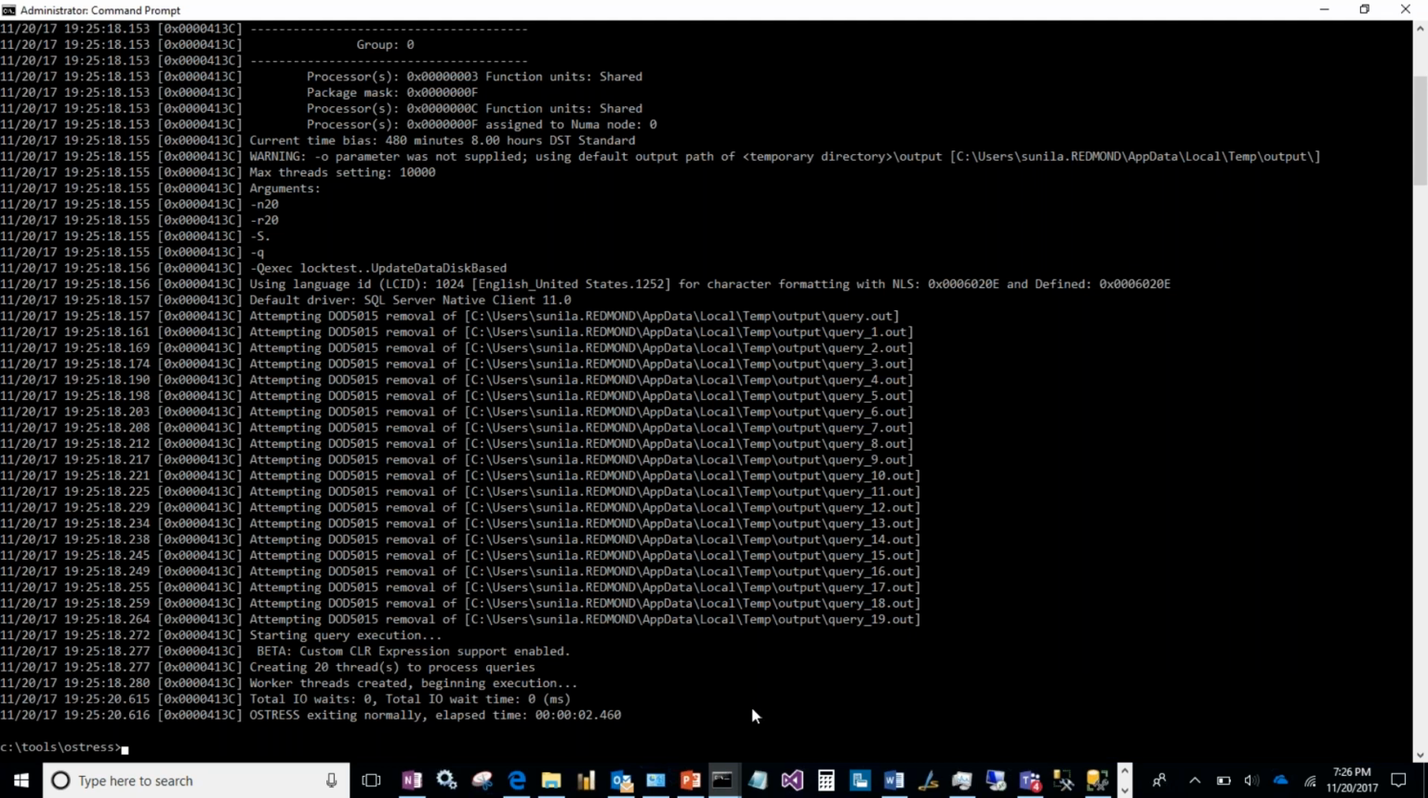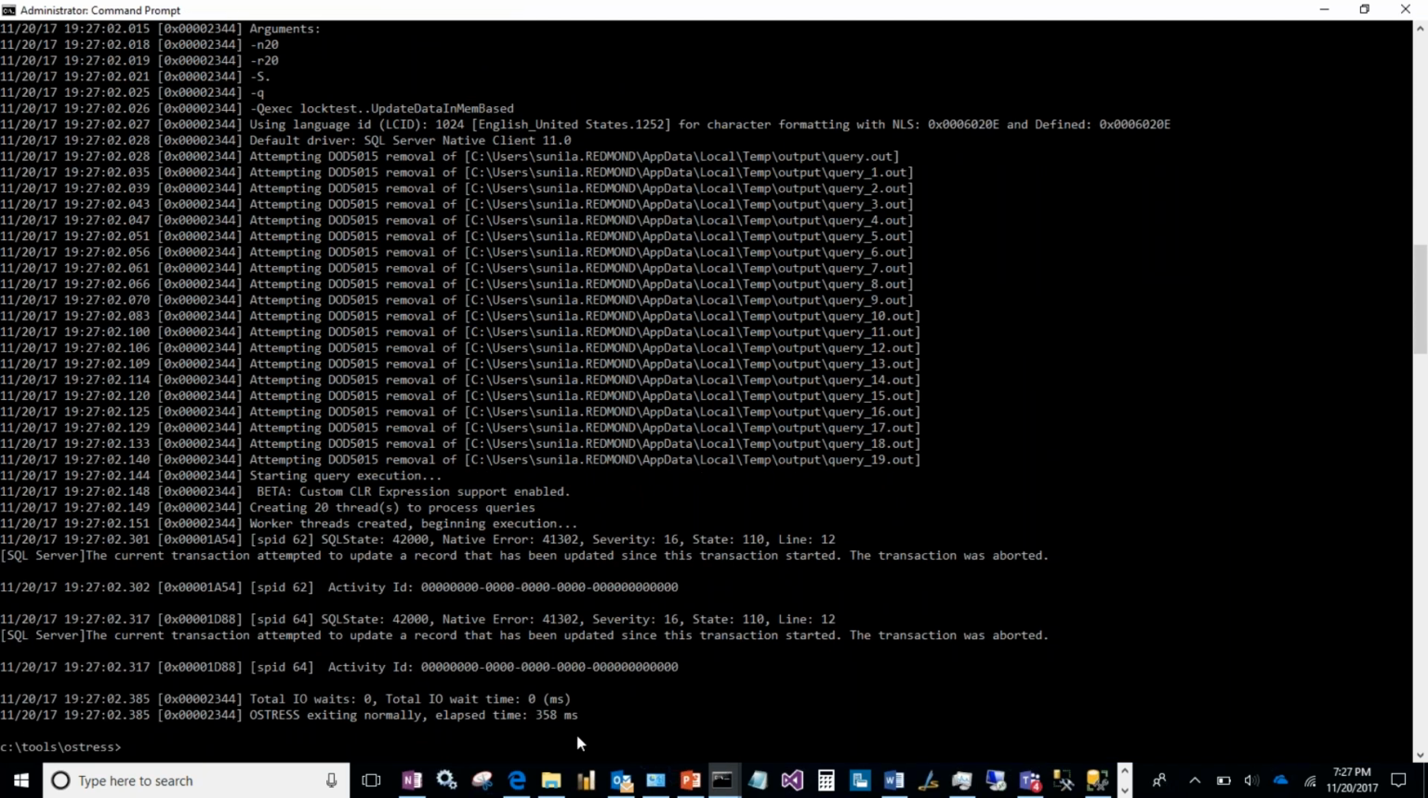Remember this took 2 minutes and 46 seconds. And here I'm updating, notice I changed my command, update data in memory based. Okay, I'm going to run this command. And notice it finished in 358 milliseconds. Now you will see a couple of transactions got aborted, but don't worry about that part because in memory has